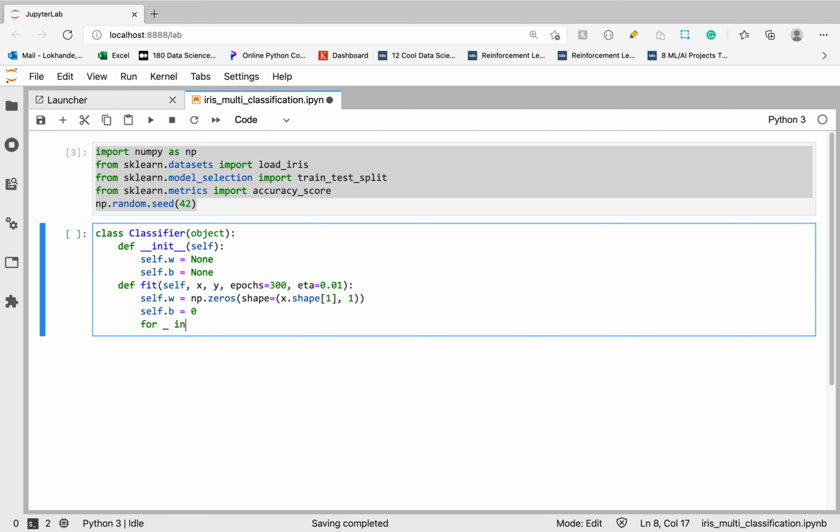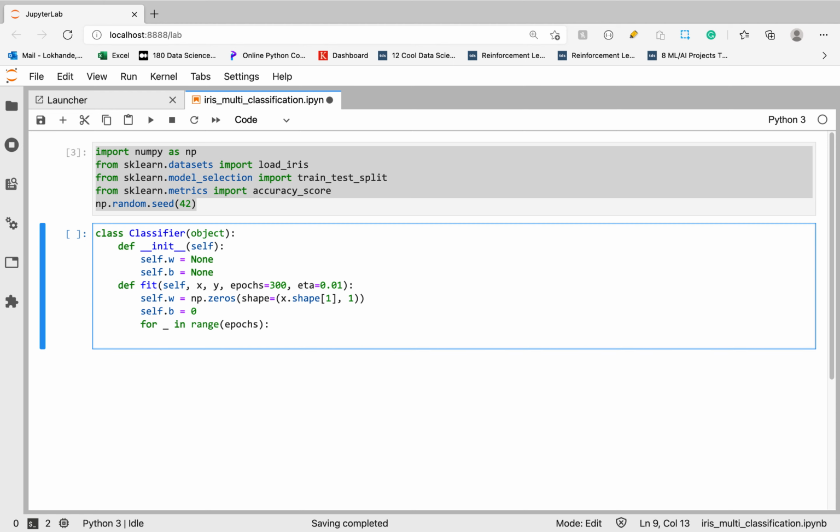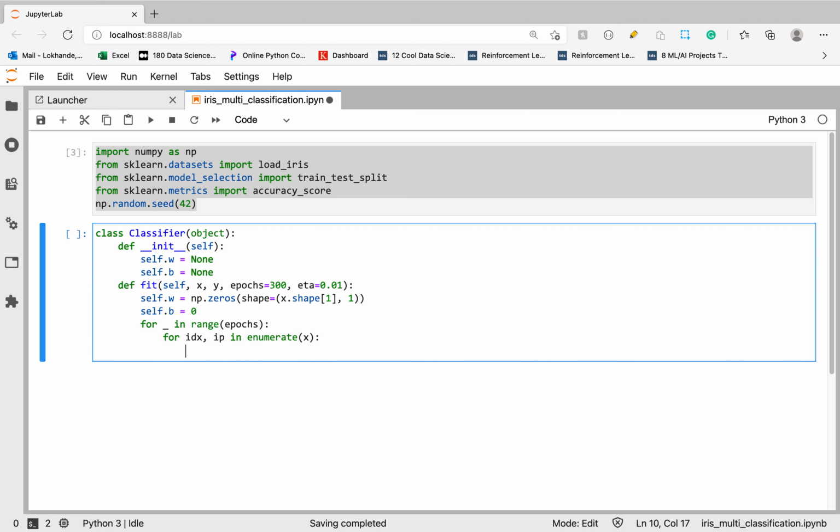Now write a for loop. We don't need the epoch variable, therefore I type underscore. Now iterate over x: for idx, ip in enumerate x.